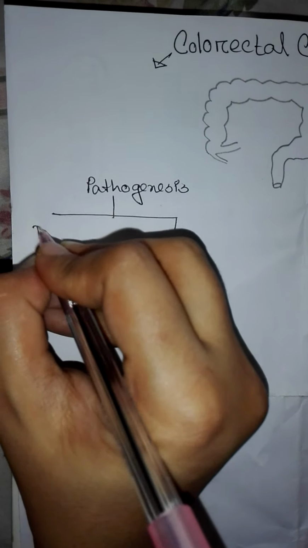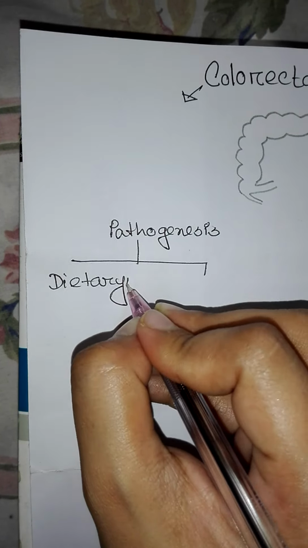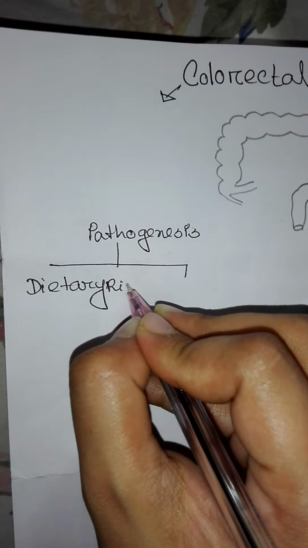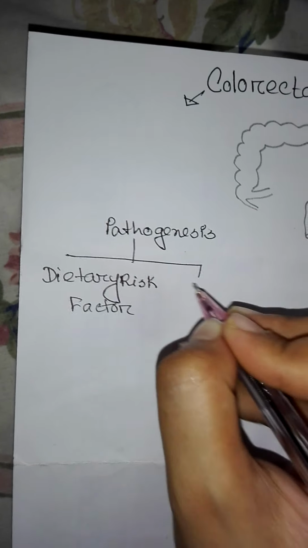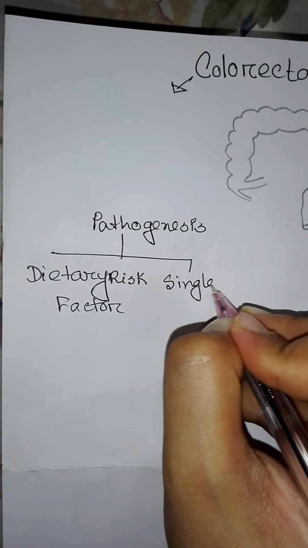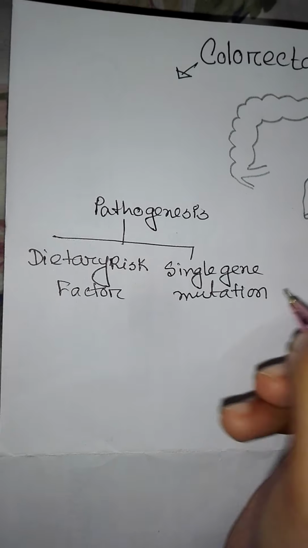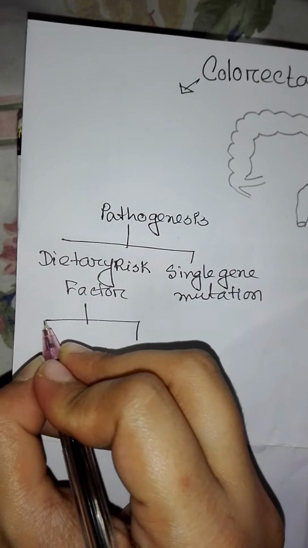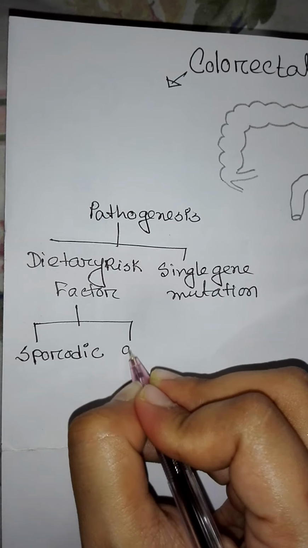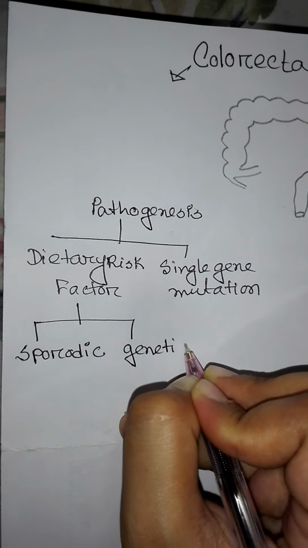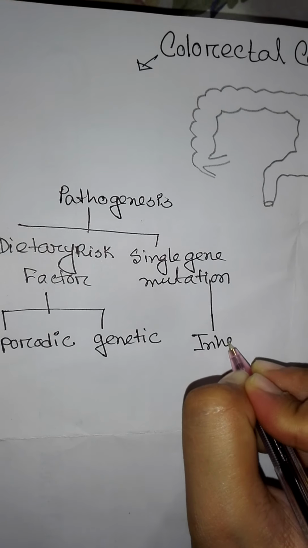One is dietary risk factor. Another is single gene mutation. It is divided into two: sporadic and another is genetic predisposition. This is inherited